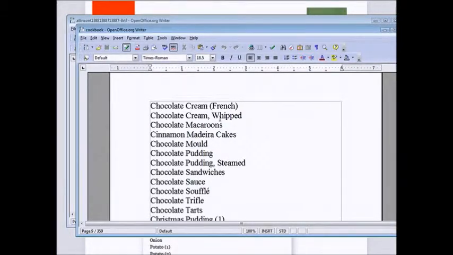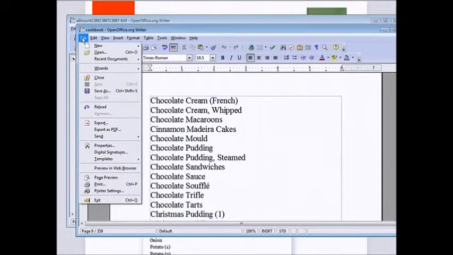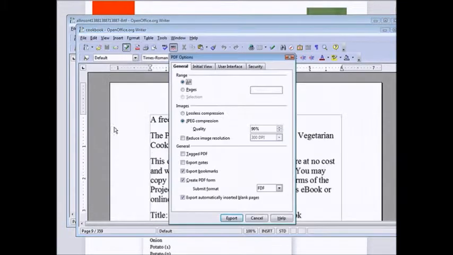Then, of course, what you're going to want to do is have some graphics created. Okay, the graphics, you can put pictures in with the recipes, for instance. You need a graphic for the book, and you're going to need a graphic for the website you're going to sell it off, if you are in fact going to sell it off a website. And then, of course, you're going to need to make a table of contents. And once you've done that, what you're going to want to do is export it as a PDF file. So you do File, do Export as PDF, and then when you click Export, you'll have a PDF